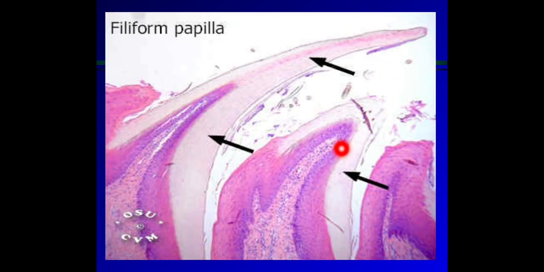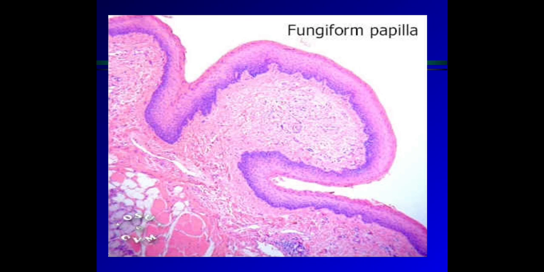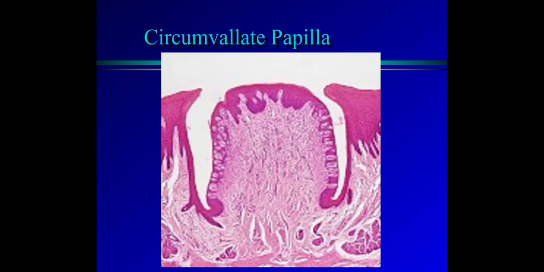Here this is the filiform papilla. The filiform papilla is with the pointed top and the stratified squamous parakeratinized epithelium. Here this is the fungiform papilla. The fungiform papilla is present over there. In its wall there may be the presence of taste buds. This is the circumvallate papilla. The circumvallate papilla is present at the junction of the anterior 2/3 and the posterior 1/3 of the tongue. Here one can see the posterior part of the tongue.